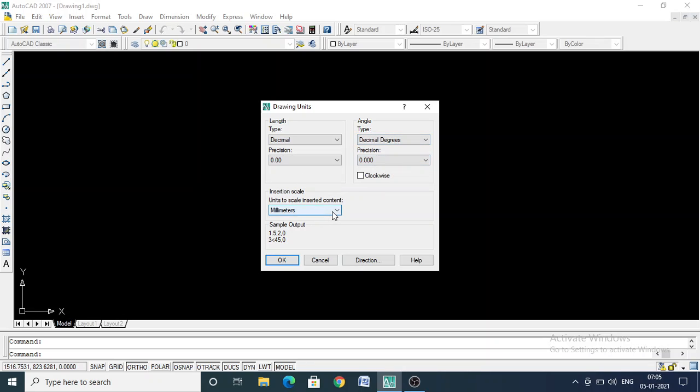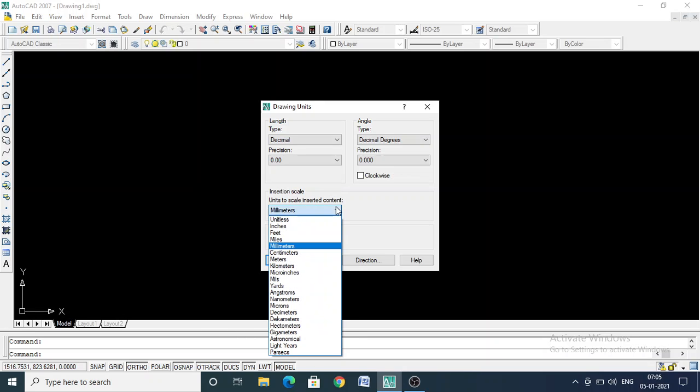Okay, then insert scale. Which type of scale do you want, whether in inches, feet, miles, millimeters, centimeters, meters, kilometers. Say I am preparing a plan of some urban city area, then in that case I can go for meters or kilometers. But if I'm doing it for any one particular building or a room, a very small dimension type, I can go for either feet or inches or